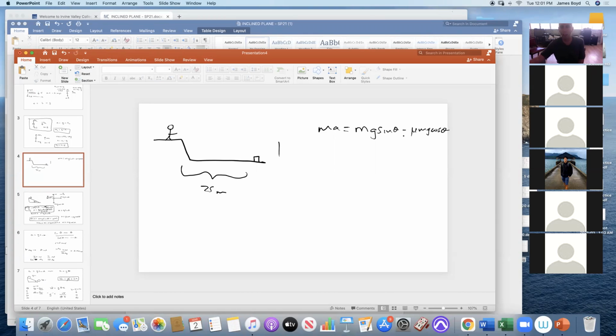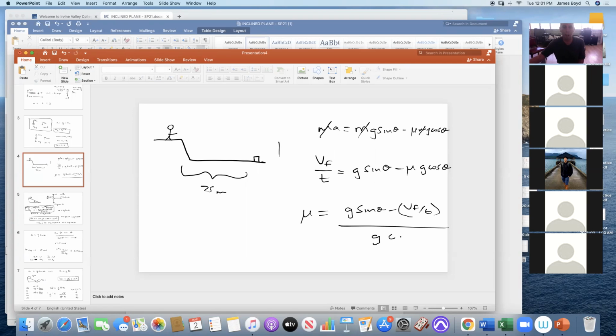We want to solve this equation for mu, but we also want A to be V final over T. Cancel all the M's. V final over T is equal to G sine theta minus mu G cos theta. Solving for mu, move that over, divide through by G cos theta: mu is G sine theta minus V final over T, divided